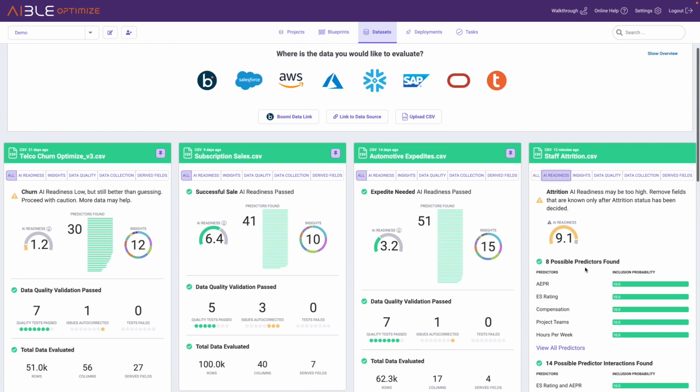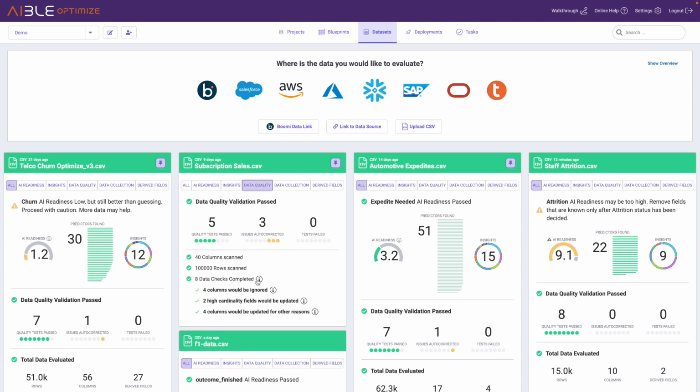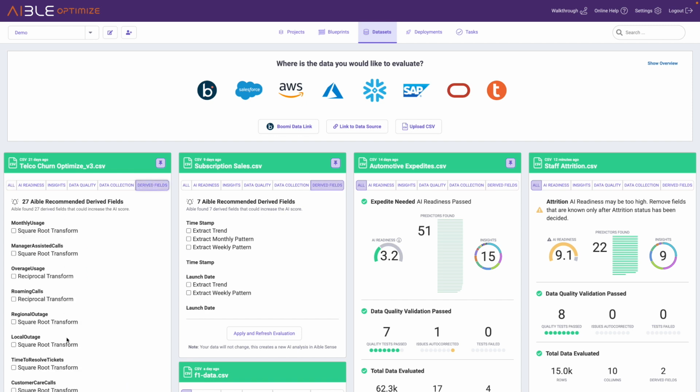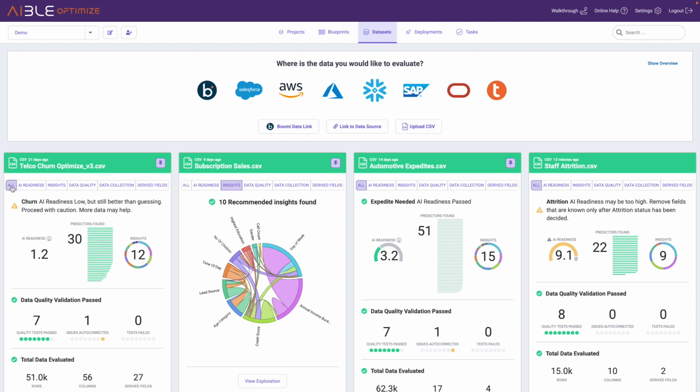Now, some other features we have in here are the ability to go in and really understand what Aible has done in terms of cleaning up the datasets. We check for common issues and make sure the data is ready for training. We also recommend certain derived fields that could potentially help improve the performance of models developed on this particular dataset. And then finally, we give an indication of which factors were found within the dataset which were particularly strong,